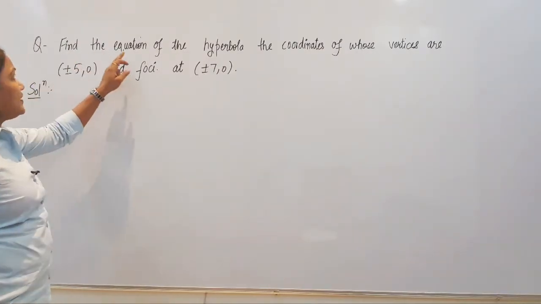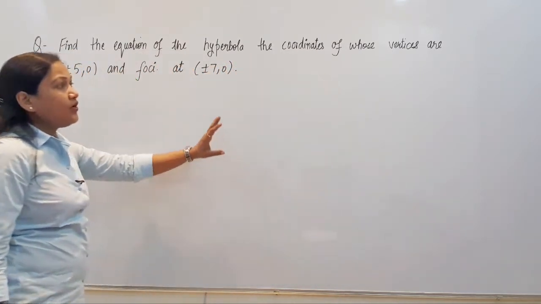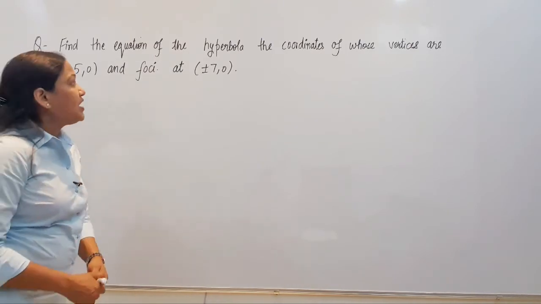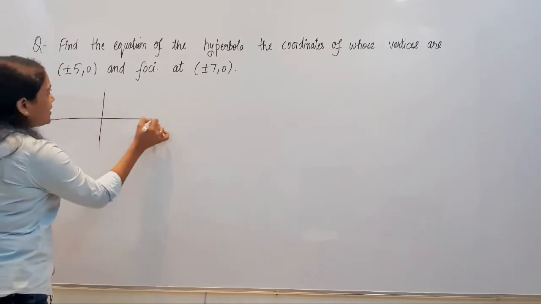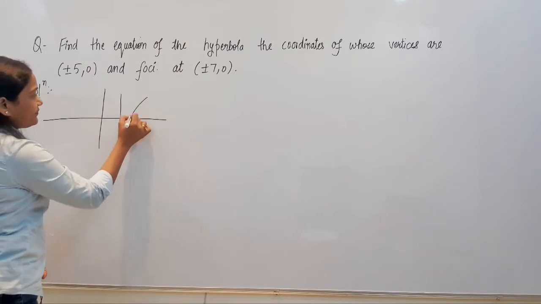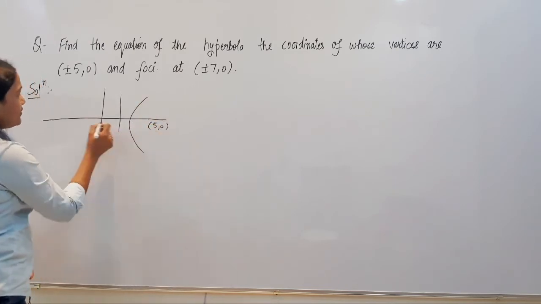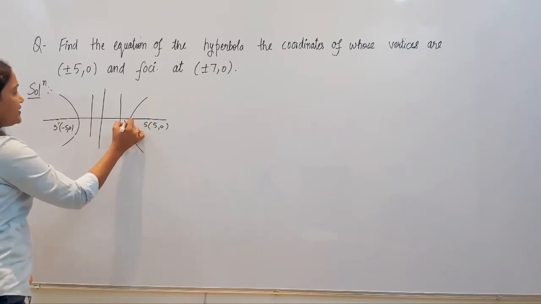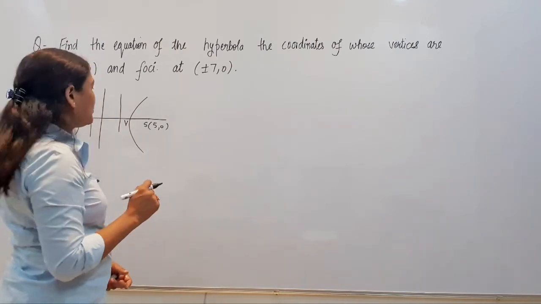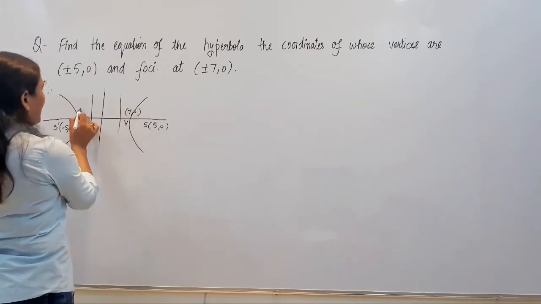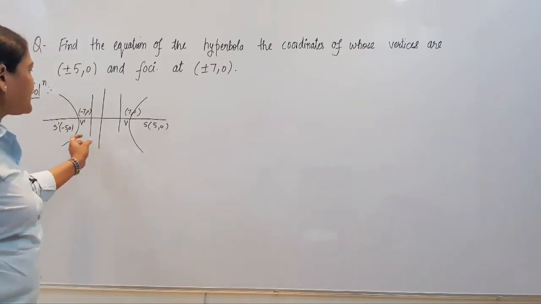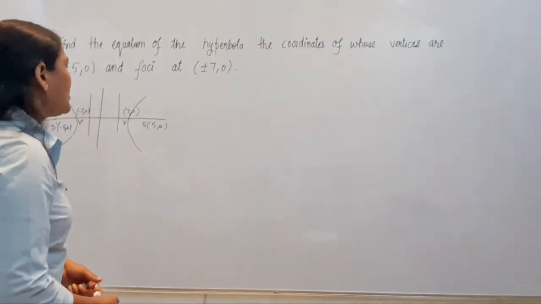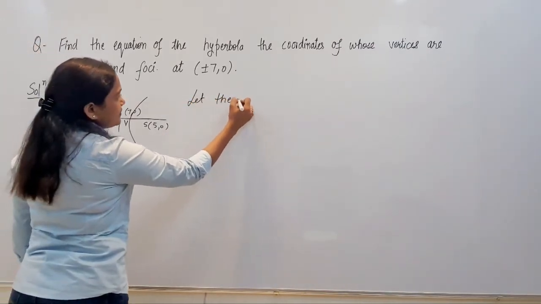Your next question is, find the equation of the hyperbola, the coordinates of whose vertices are plus minus 5, 0 and foci are plus minus 7, 0. अब आपको क्या पता है कि आपके हाइपरबोला का जो फोकस और वर्टिसेस हैं, vertices are 5, 0 and minus 5, 0, and foci of your hyperbola are 7, 0 and minus 7, 0. तो आप ये observe कर सकते हैं कि आपके हाइपरबोला का जो फोकस और वर्टिसेस हैं they are lying along x axis. So let the equation of